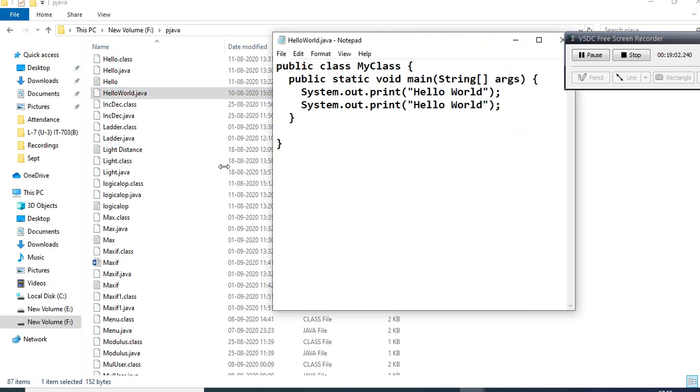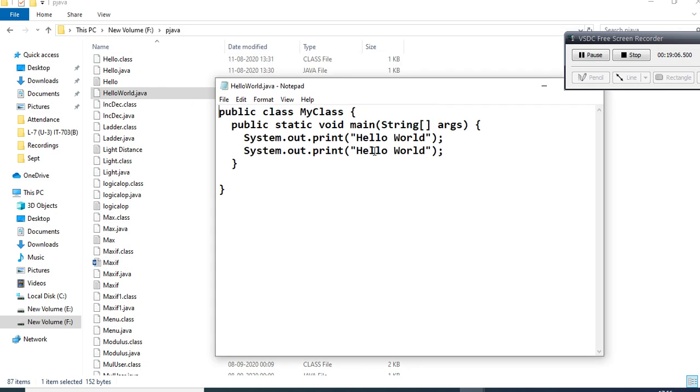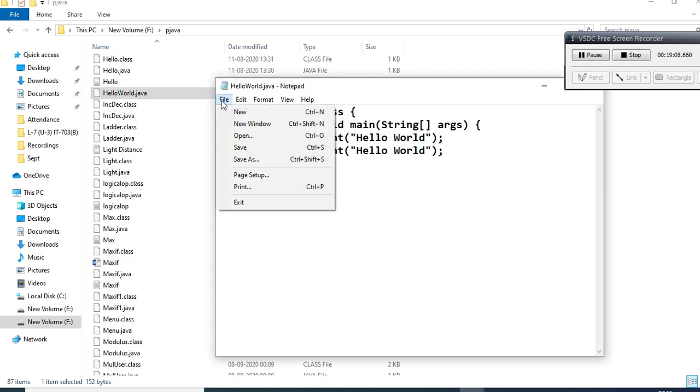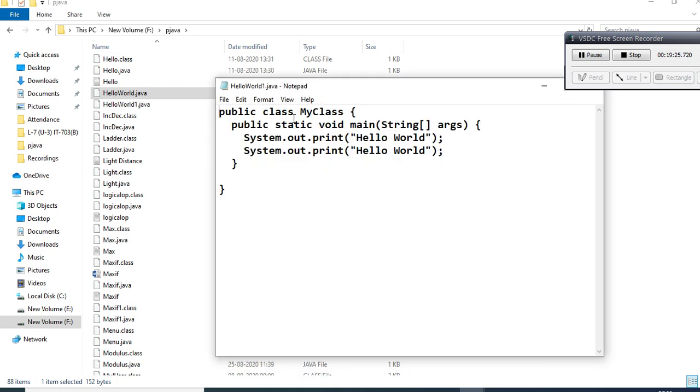I want to show you how to save, because the program is already saved. I save it with .java, and you click on All Files, then the program will be saved. I am changing the name to HelloWorld1.java and I save it. Now my program has been saved with the extension HelloWorld1.java.